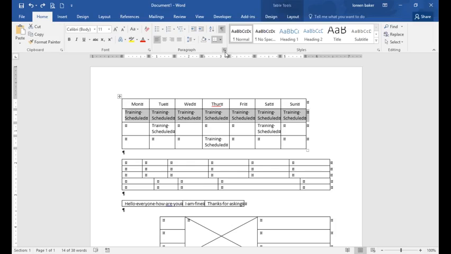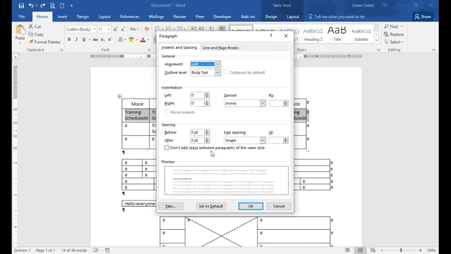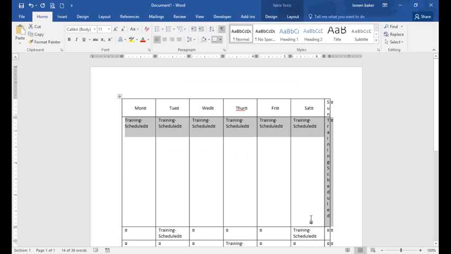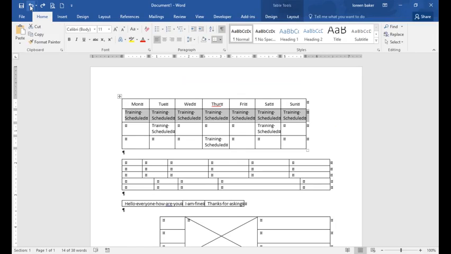You can also go into the paragraph, and this spacing before and after, if that's all you need, you can also increase your spacing, and that will then increase the spacing here as well. This one ran out of space, so it's automatically tilting. So just be aware that when you manipulate your table, sometimes it works great and sometimes it just throws it into chaos. But working with the table tools, you have a better chance than working with your standard direct formatting,